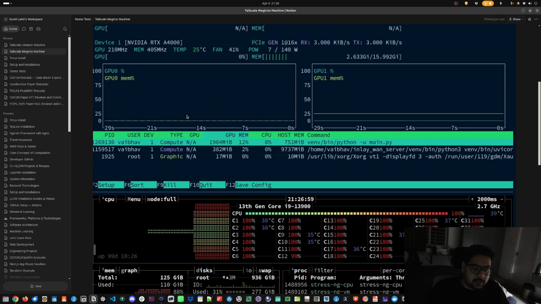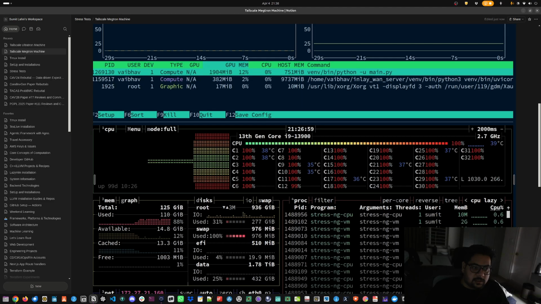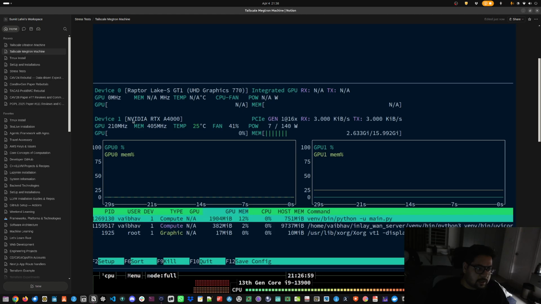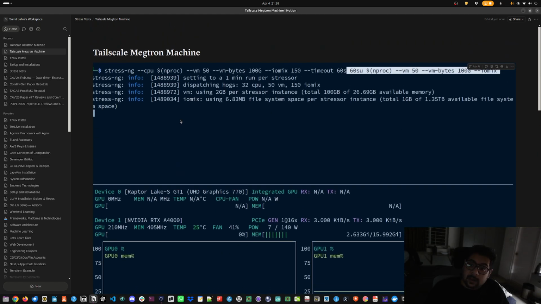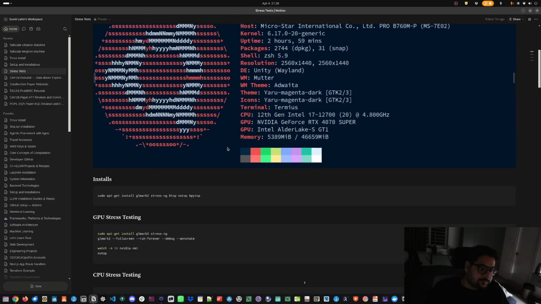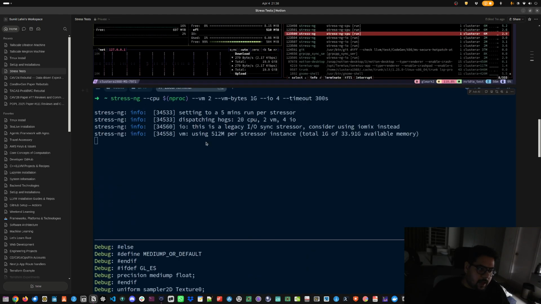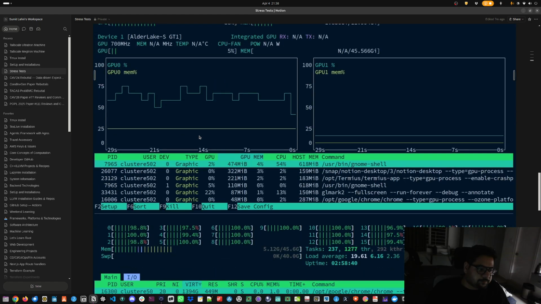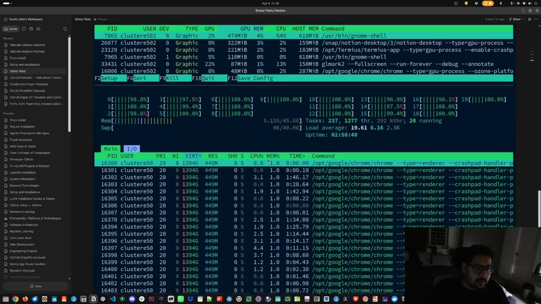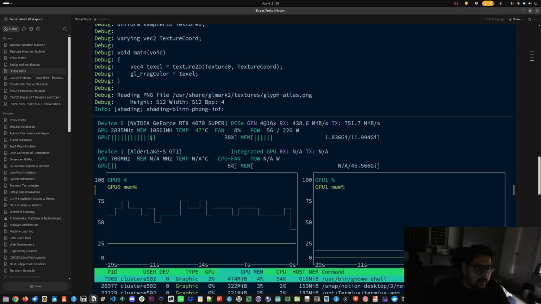This is a 13th gen Core i9 machine, which has an NVIDIA RTX A4000 GPU to it. My main development machine, the one that I use for most of my coding activities, is this one, where I have an NVIDIA RTX 4070 Super,